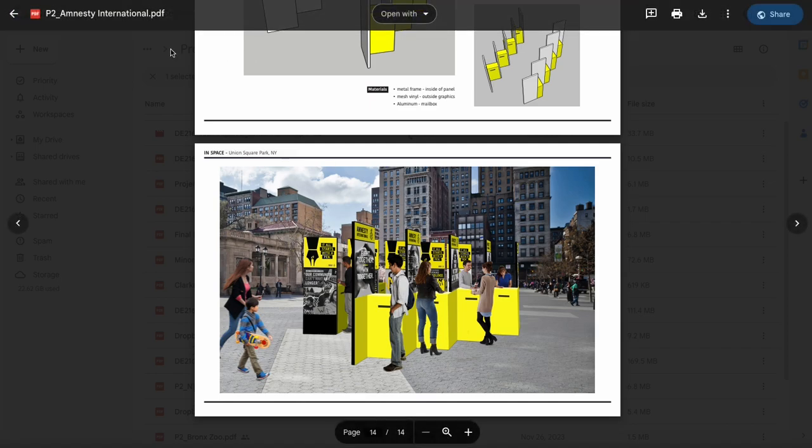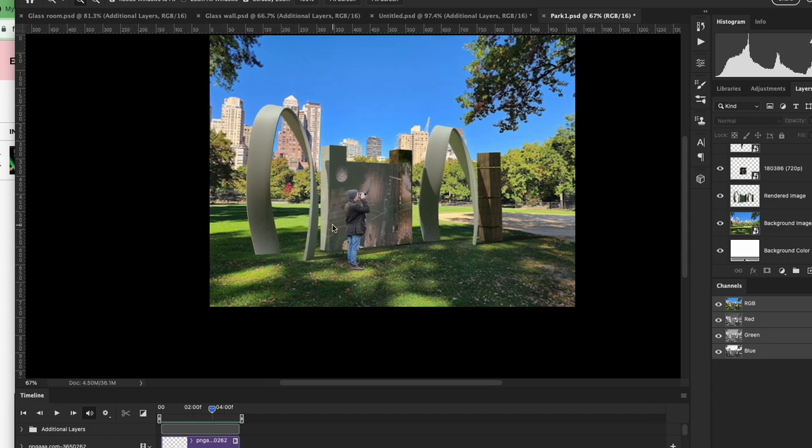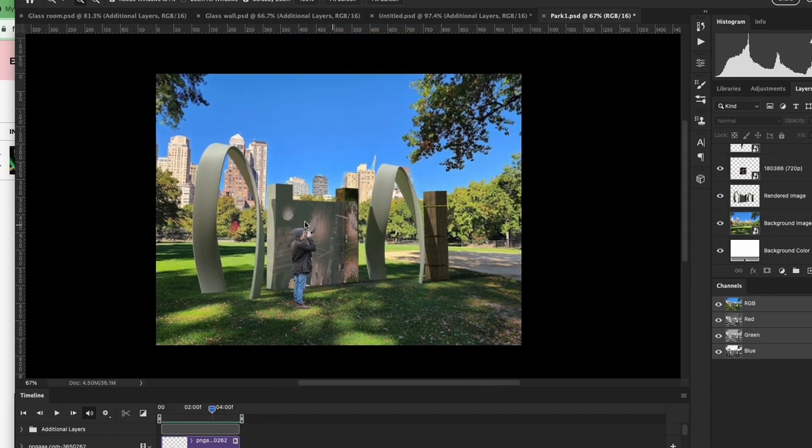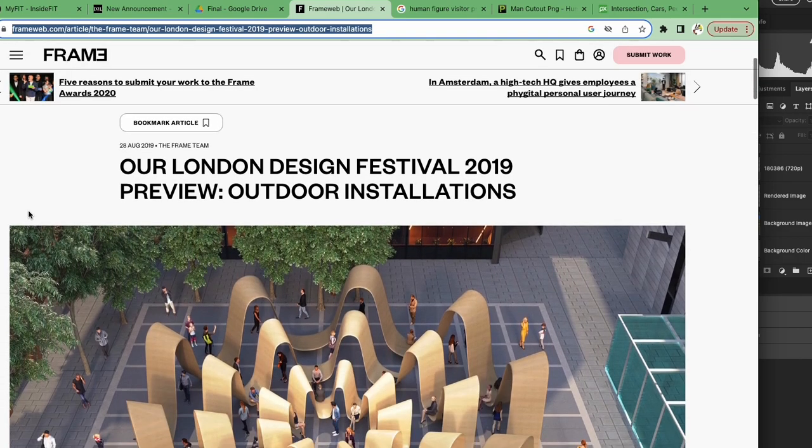Okay, let's move on to the Adobe Dimension. And about Adobe Dimension, very quickly. What you see now is the Adobe Photoshop view. Using the rendering view done from Adobe Dimension, we're going to go over this one by one. Before we get into this, I'm going to show you a really cool posting from the Frame magazine website, which